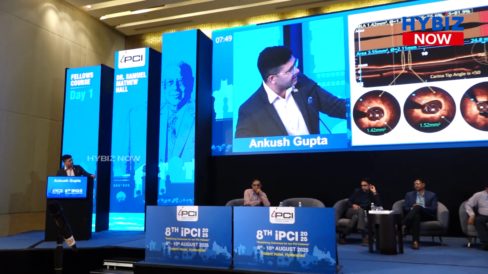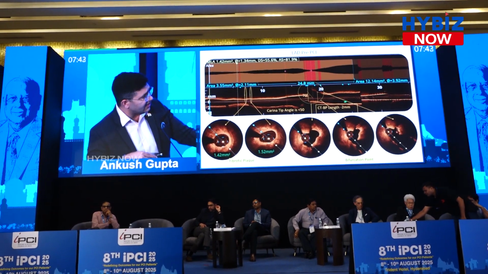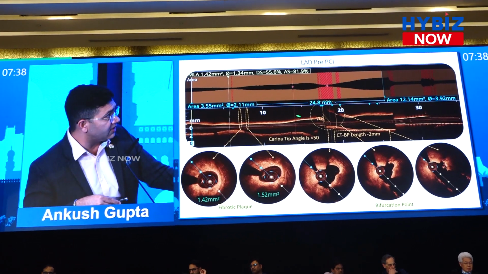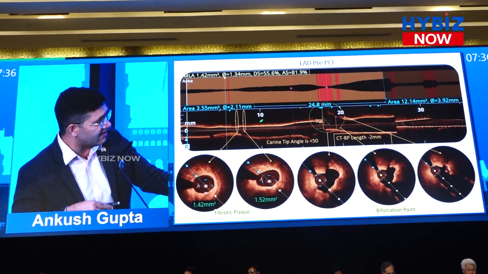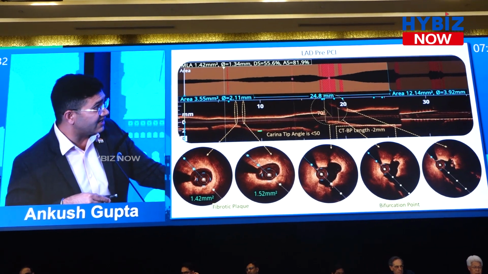So let me show you one case. A 70-year-old female came to us with NSTEMI and significant left main bifurcation disease. We did OCT. This is how you use OCT in bifurcation angioplasty. You will look for the morphology. Here we saw a fibrotic morphology, and this is the left main. You look for the size of the left main because you need to know the size of your POT balloon. You will look for the distal reference diameter where you want to put the stent, because you want to size your stent as per that.